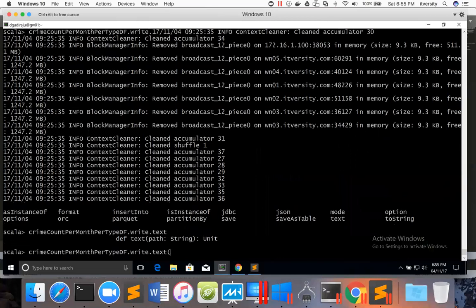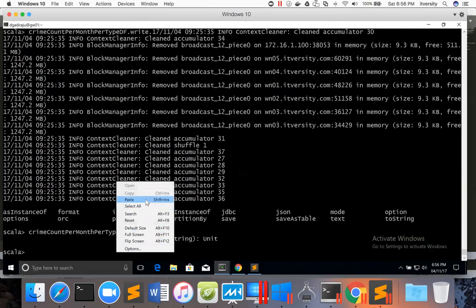But we need to give the delimiter as tab. So as we have to give the delimiter as tab, it is not very straightforward to use write dot text unless our data frame itself is of type string. Okay, so to achieve that, what I can do is there are multiple ways to do that. On the same data frame,